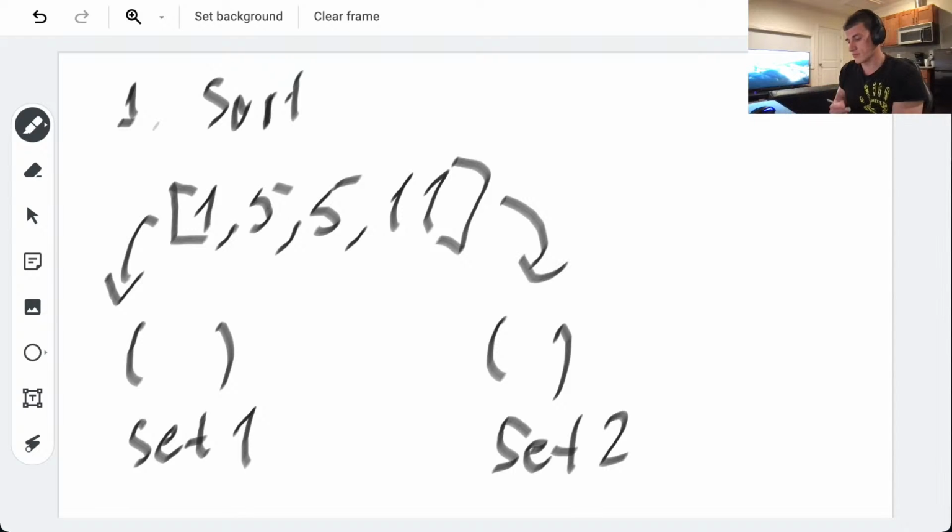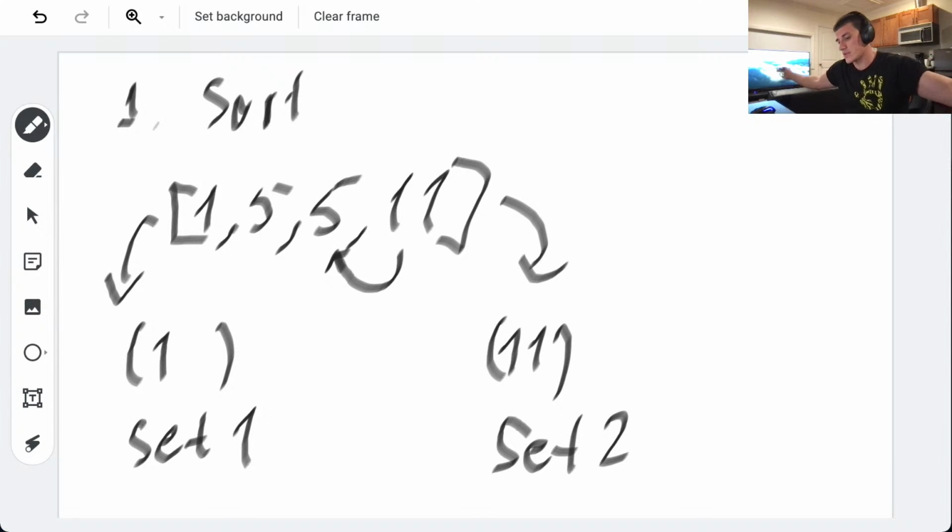So we're moving one element from here and one element from here, and then go to the next one. So how do we decide? Let's say we start with set 2. We put 11. Then we put a number to set 1. Because we know that the right side has the largest numbers, we compare them. If set 1 sum